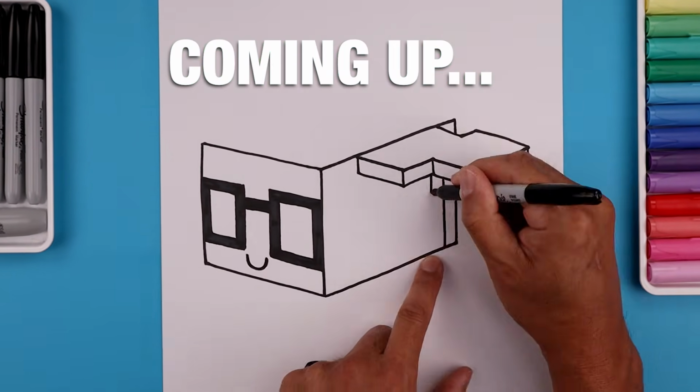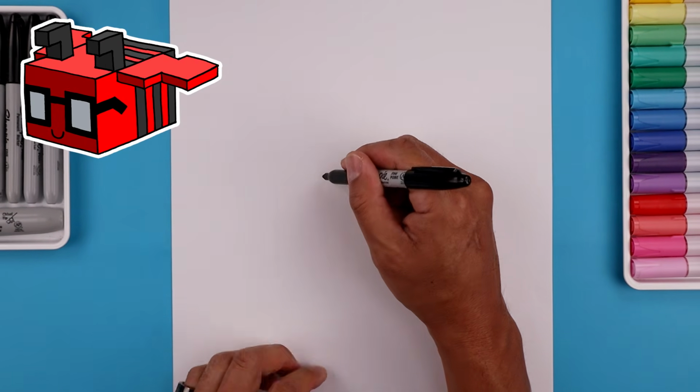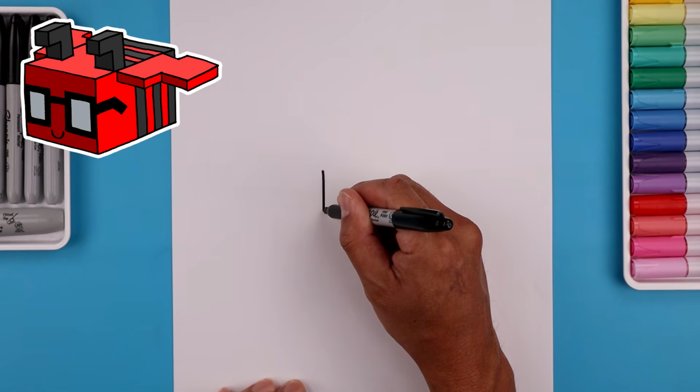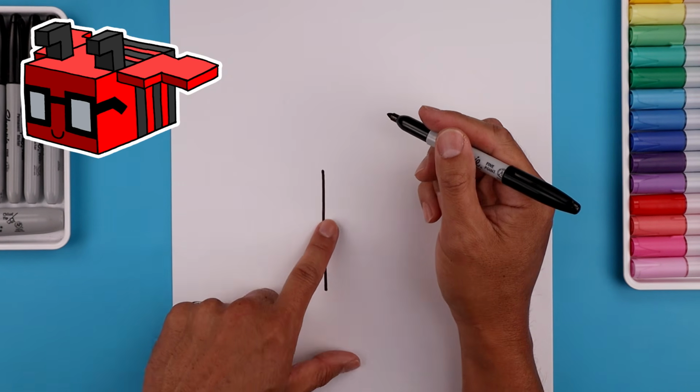Today we're drawing the Disco Bee from Roblox Grow a Garden. Let's begin today's lesson. In the center page, we're going to draw the front face of the head. We're going to start at the very top in the middle, draw a straight line coming all the way down towards the bottom. Now, going back up to the top, we're going to draw that same length line going up